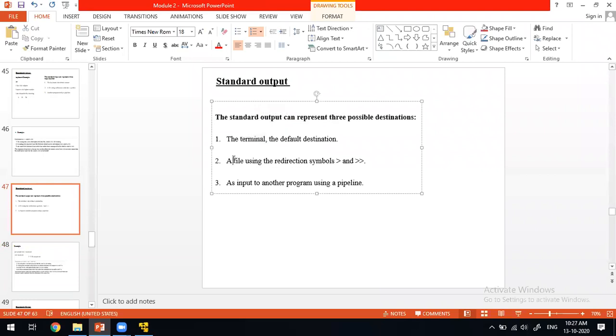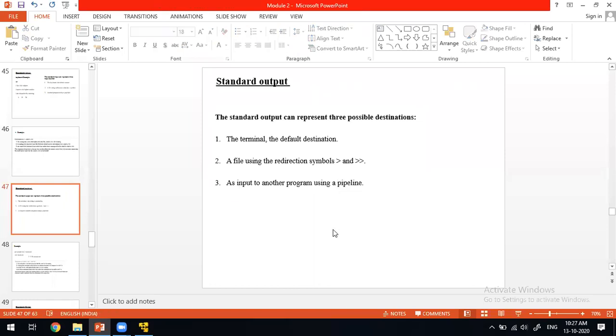The other way is using the redirection symbol, you are going to pass the output to other files. That is the second way the standard output can be sent to another destination. One more is through the pipeline, you are going to send it to the other program as an input. That is another way.